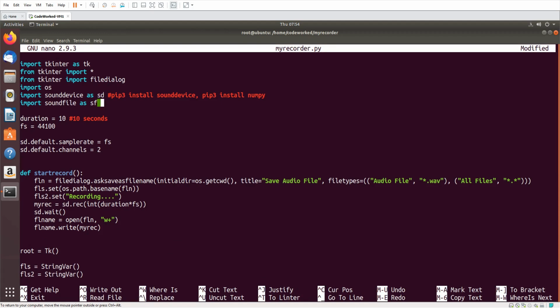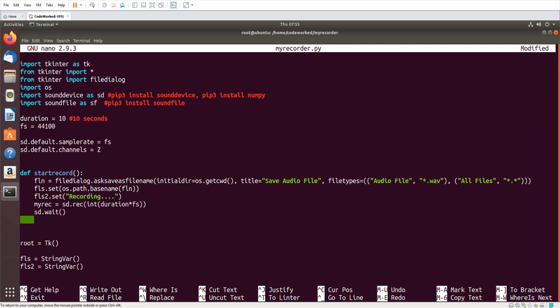This module will write my sound files, and ordinary file writing won't work here, so I'm removing it. Make sure you install this module with, like I did, pip3 install soundfile. You must install this module as well.